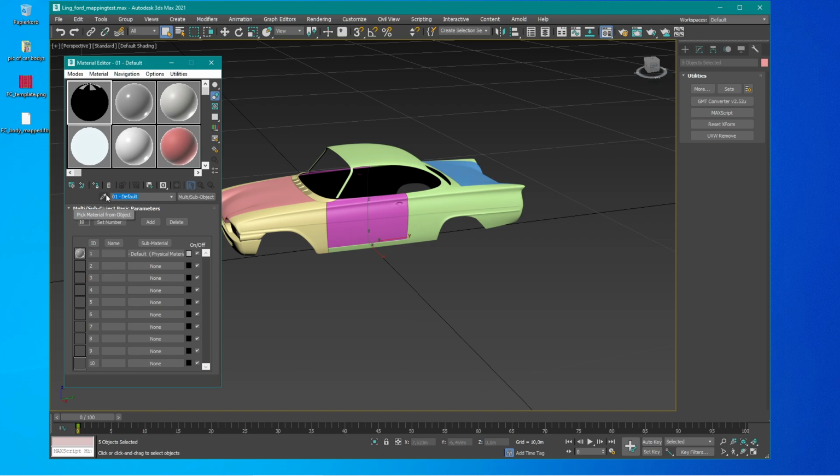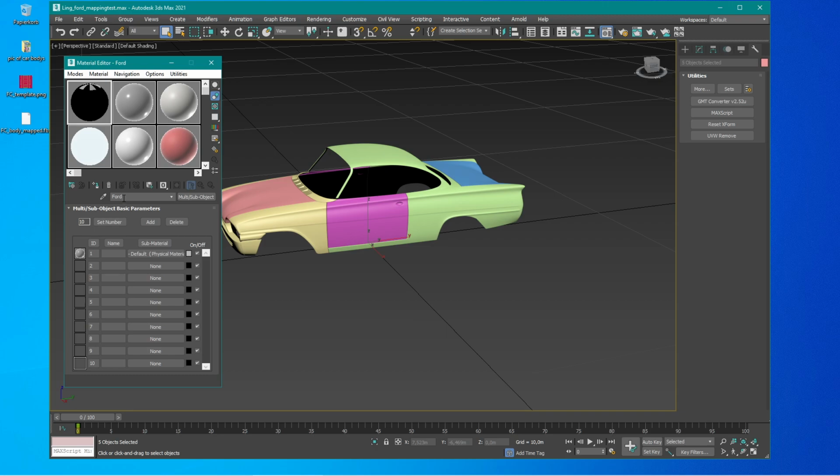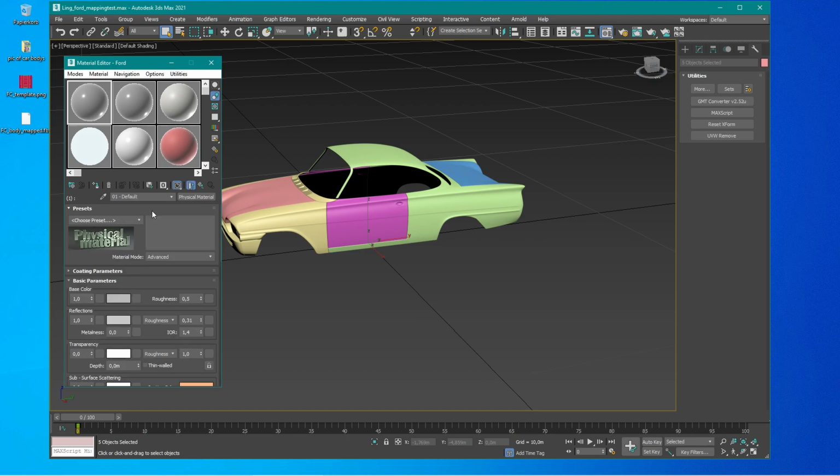So we give it any name here, in this case, for example, Ford. And now select the first, I go back. As said, Ford now is the main material, the multi-sub object, and we use the first slot here for the WC car body material. So click on this button here to select the material again, and here enter the name WC car body,